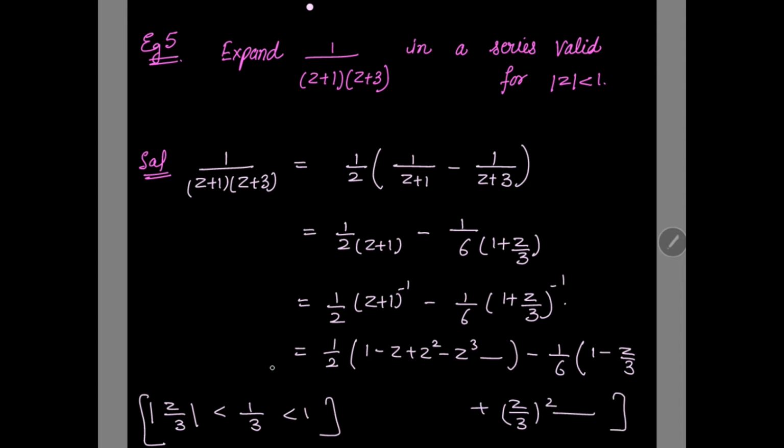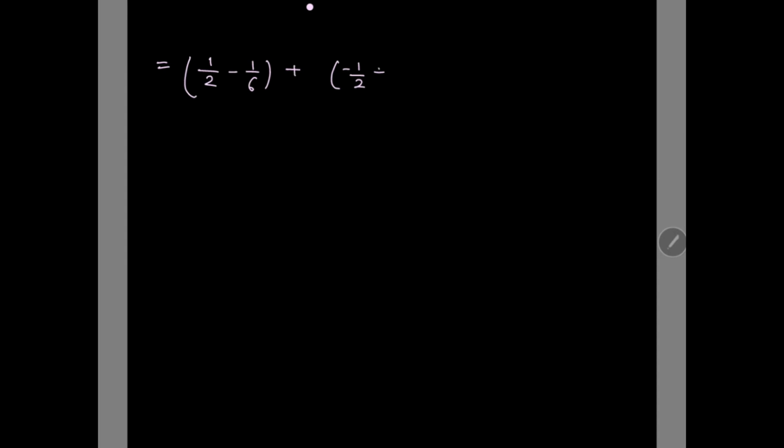Multiplying 1 by 2 with the first series and 1 by 6 with the other series, and taking the terms common, having the same powers, collecting all those terms. So you will get this equal to 1 by 2 minus 1 by 6, plus minus 1 by 2 plus 1 by 18 z plus 1 by 2 minus 1 by 54 z square,